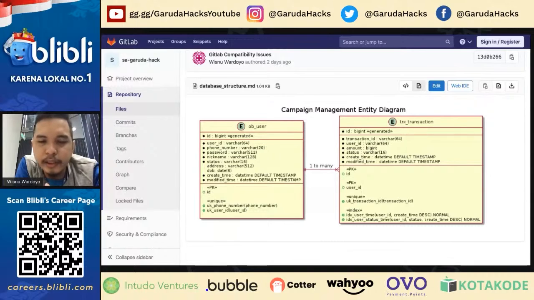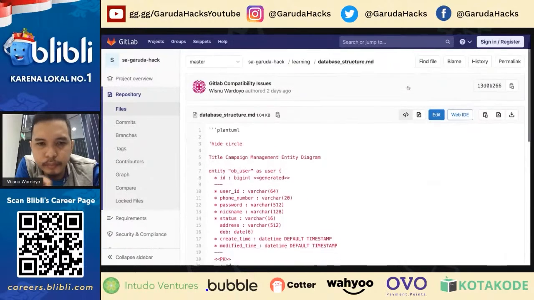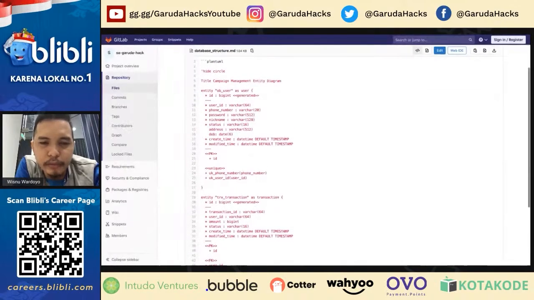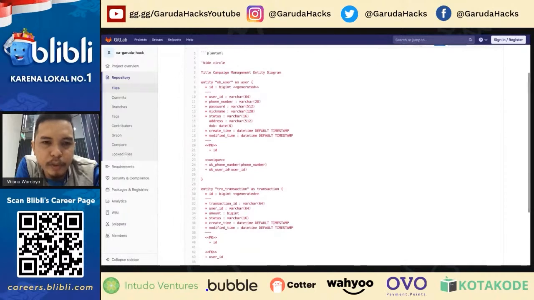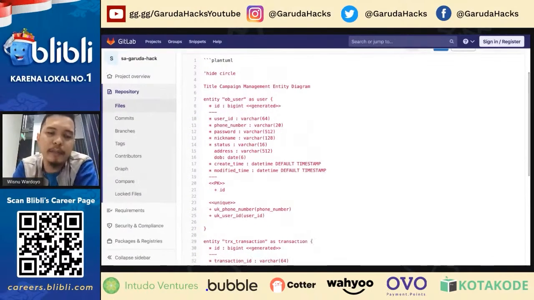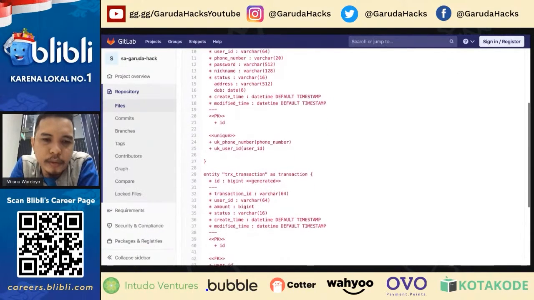Okay, you can see the code over here. It's basically just as simple as code, right? The star before the ID indicates the column is mandatory. If you don't put the star over there, that means the column is optional or can be nullable. Okay, it's very simple. Can you scroll a bit down?